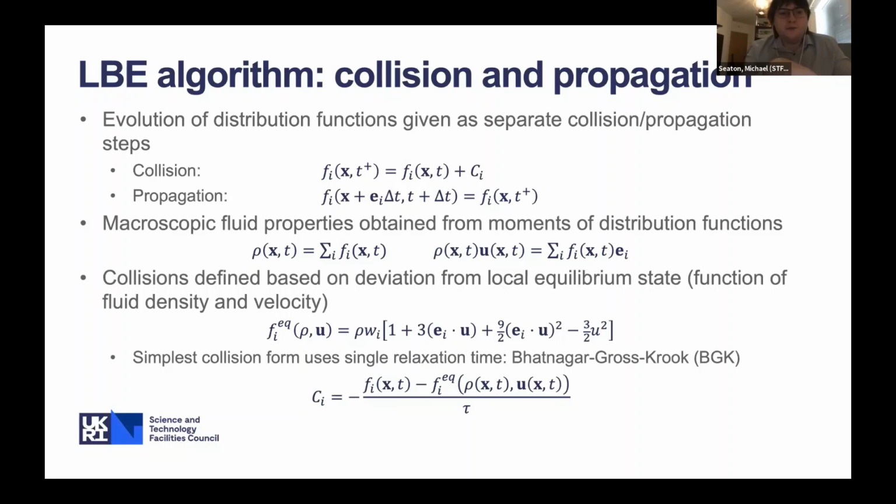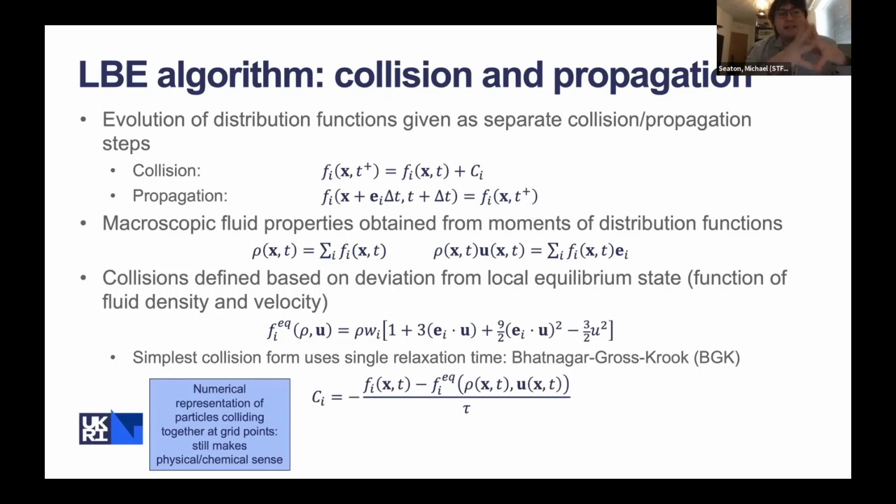And then the simplest form of collisions takes the deviation of the distribution functions from equilibrium and divides it by a single relaxation time, tau. And that's basically the collision operator for that link. The approach is known as Bhatnagar-Gross-Krook. Now,